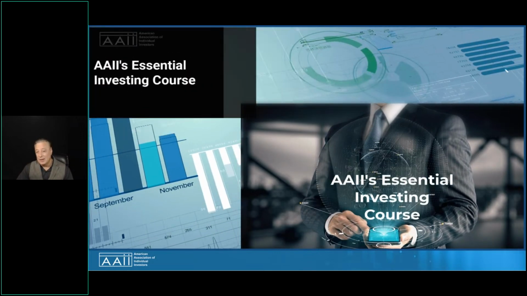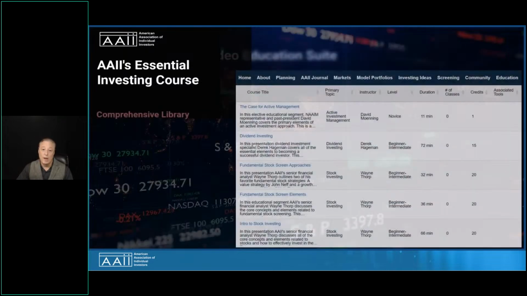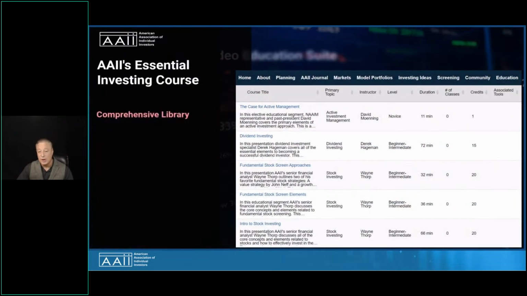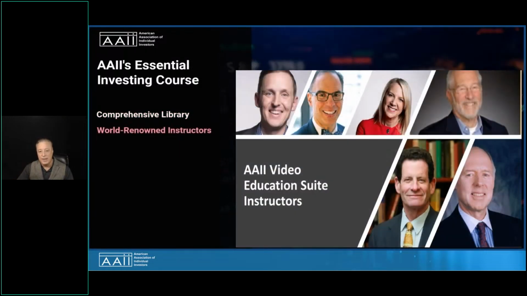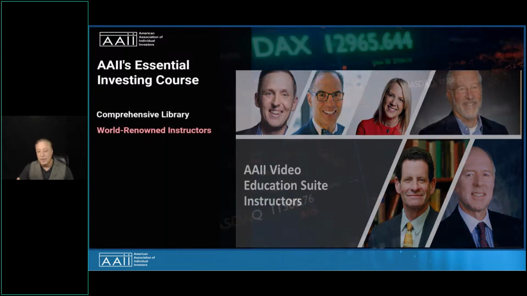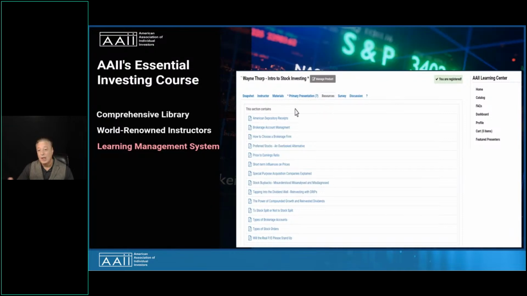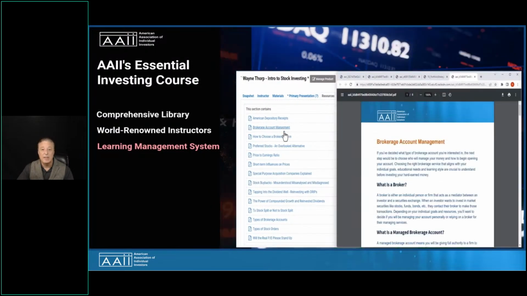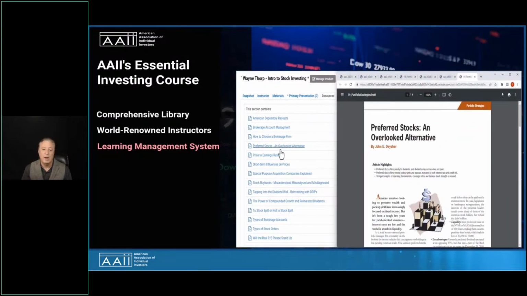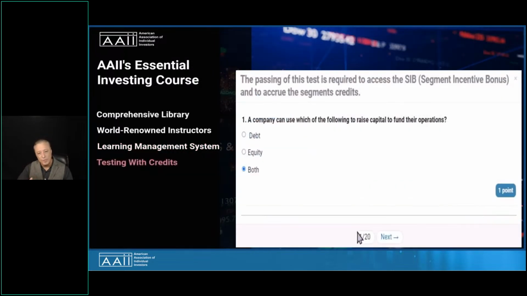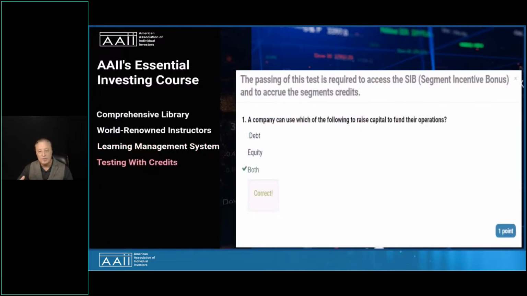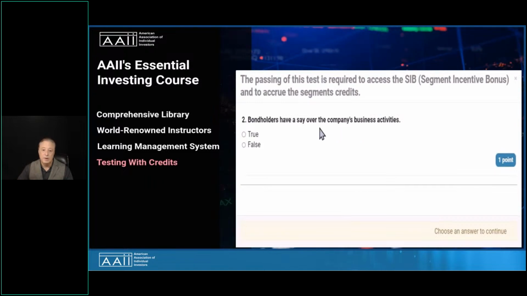The course currently has 17 classes and over 12 hours of material. The classes in the course are not simple recordings of a single instructor standing in front of a camera or repackaging of a webinar or some live event like so many educational products. The classes are professionally produced. They are full-featured, interactive, multi-camera, studio-grade, audio-engineered recordings with a focus on essential investing and trading principles and strategies.